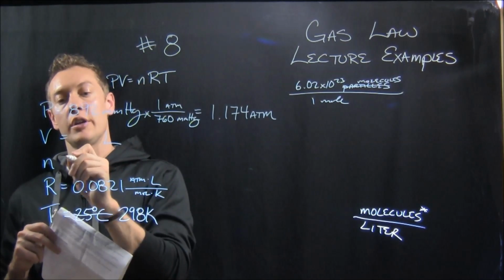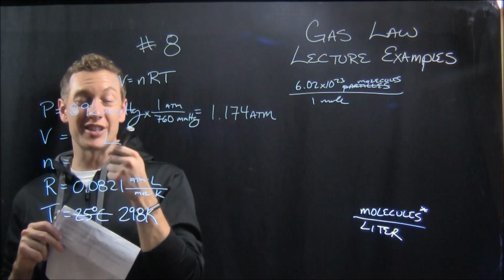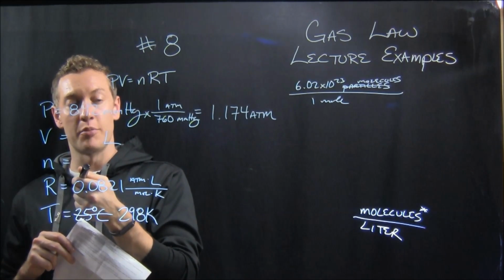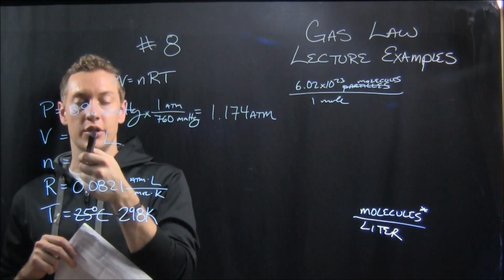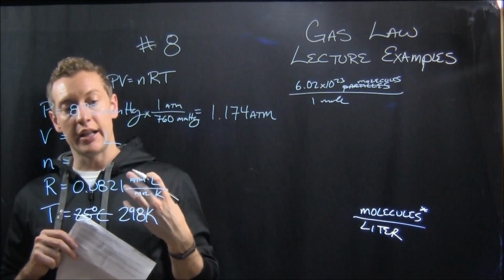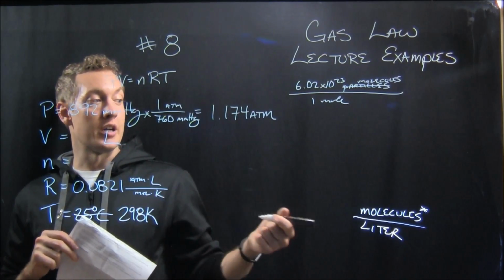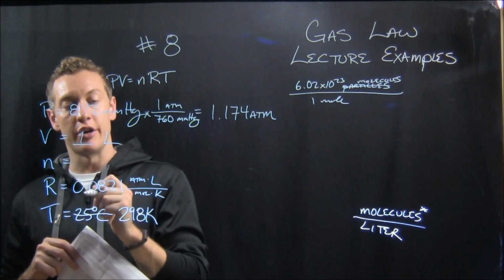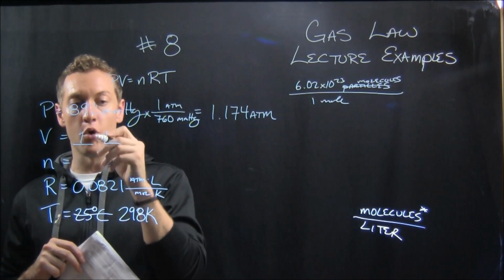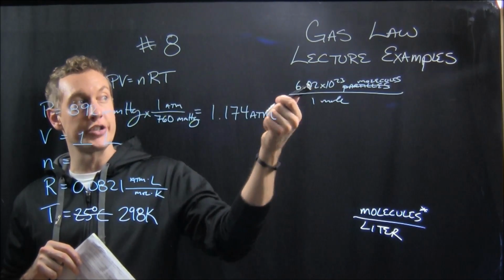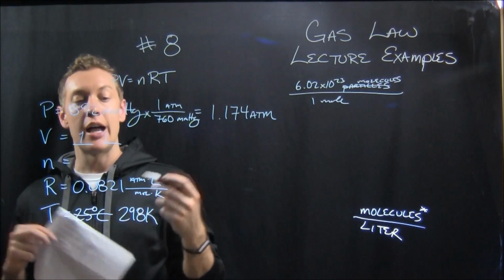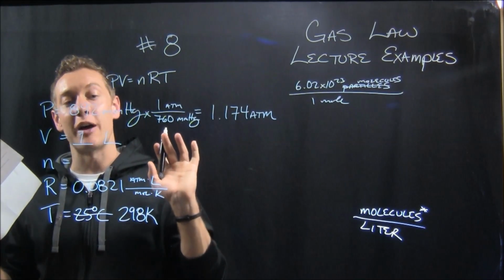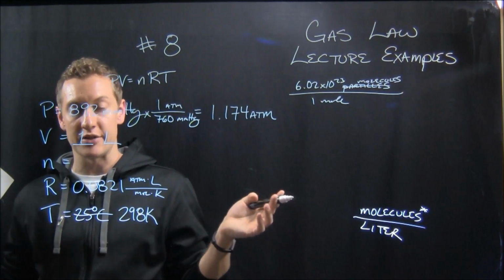All right, now here's where you have a choice. You could literally put any volume and any number of moles in here and figure out that relationship. Now me, I like to keep things simple. So since it's per liter, you could go 1 liter there, or you could go 1 mole, because I know that 1 mole is 6.02 times 10 to the 23rd particles. It's maybe contrary to what I just said about keeping it simple. I'm going to work it out both ways and then see if we get the same answer, because it actually